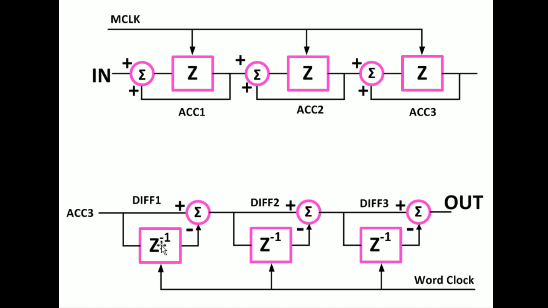And again, the same thing. These are Z as a time delay, and we are taking the results, removing information from it at a different rate, and finally we get our output. The combination of these two is sometimes called a CIC filter, cascade integrating comb filter. I'll show that a little bit more. It's also called a sinc filter, S-I-N-C, which refers to the sine nature of it and where it's